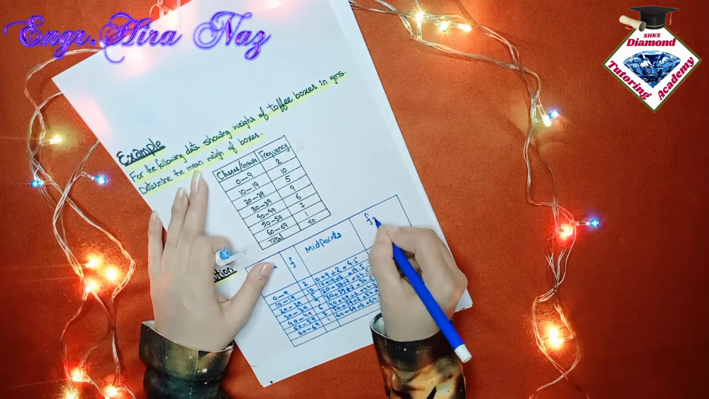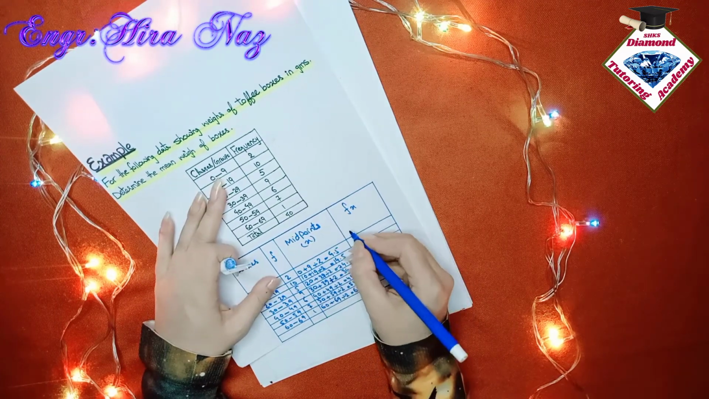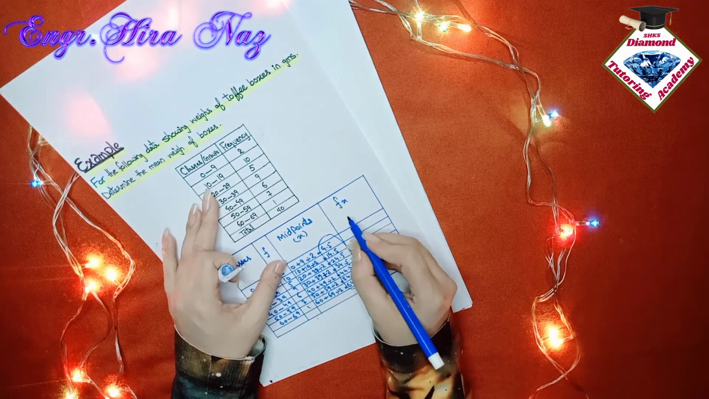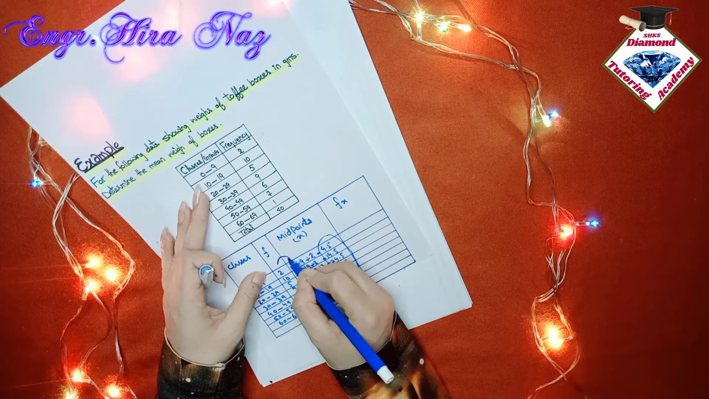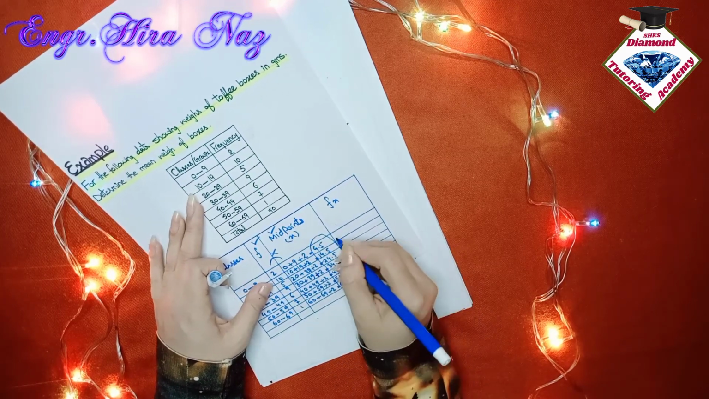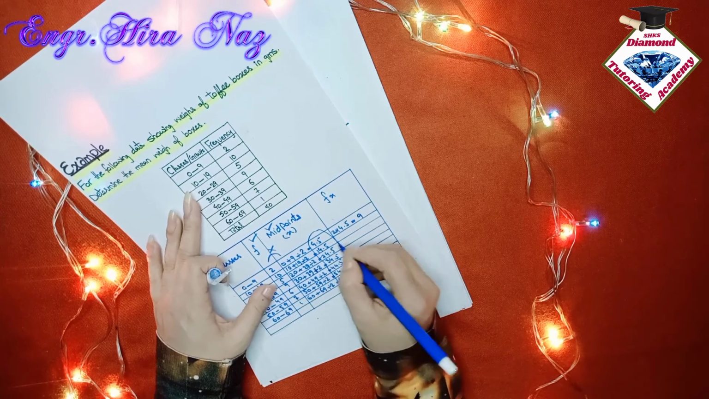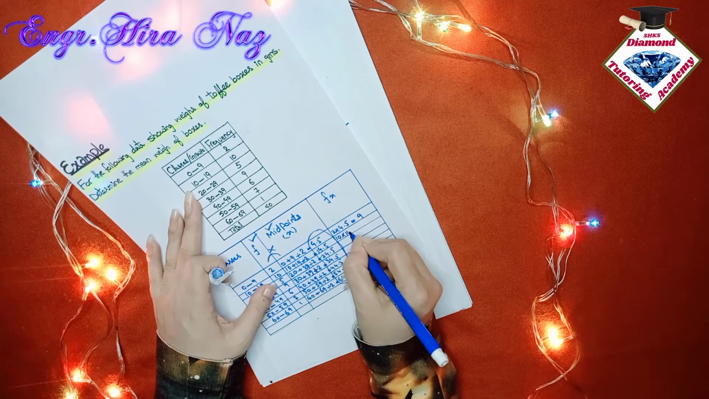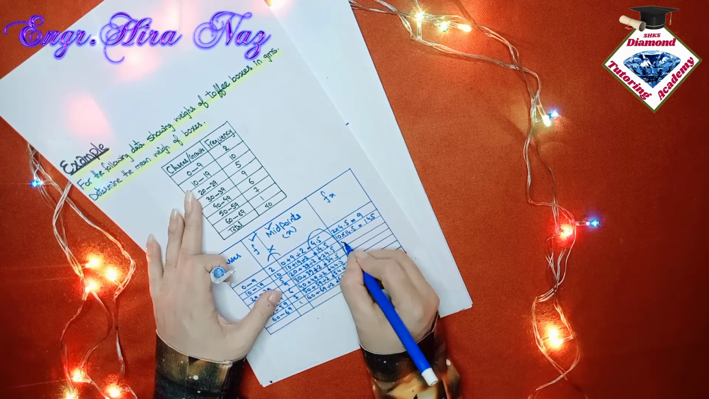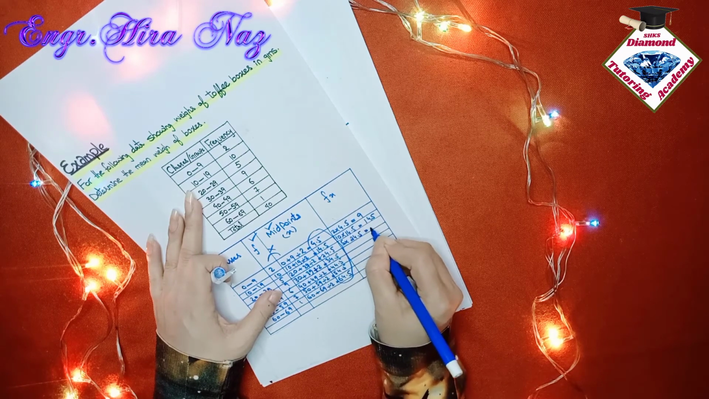Next column is for the product of frequency and midpoints. So here f and x is here in this case midpoint, understand? So for that what we have to do? We have to multiply these midpoints with frequency, understand? So we have to multiply this column with this column. So 2 multiply 4.5 will give us 9. 10 multiply 14.5 will give us 145. And 5 multiply 24.5 will give us